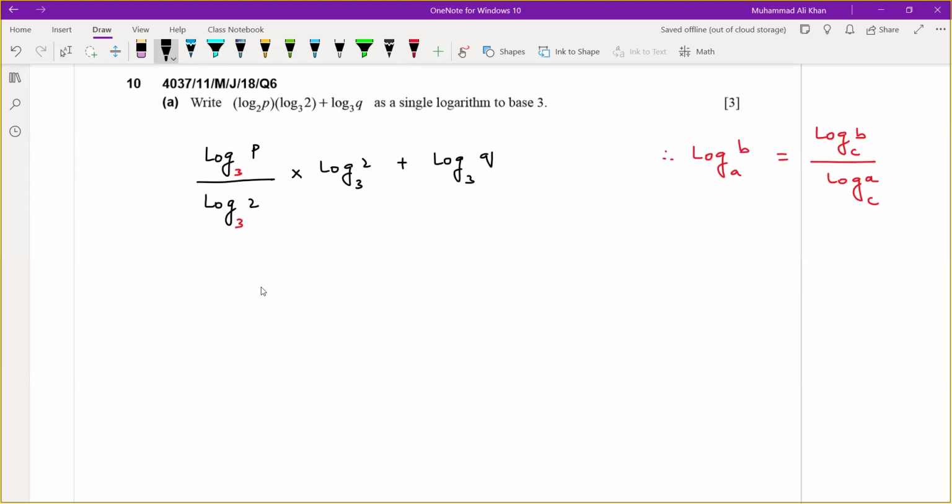Next step will be: now you see here it is log 2 3 and here it is log 3 2. Both cancel out. So I'm writing this as log 3p